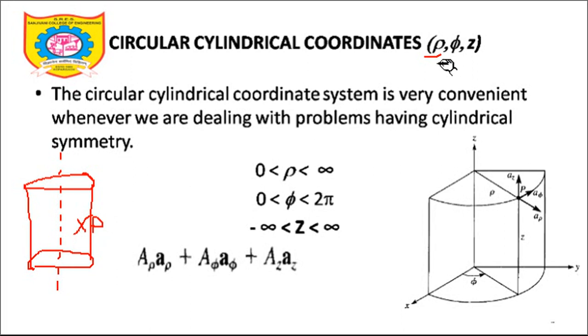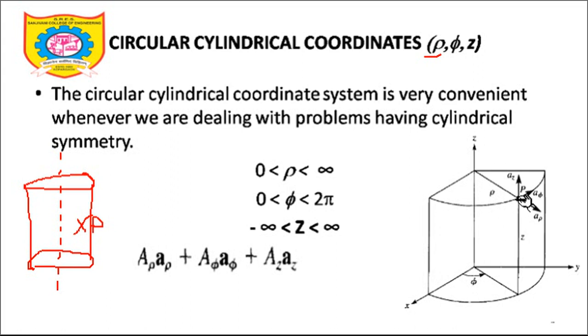The thing is clear. The second thing, radius cannot be negative. Since radius cannot be negative, the limits of radius will be 0 less than rho less than infinity. So we may have a cylinder of radius 0, we can consider it as a straight line. We can have a positive radius, but we cannot have a negative radius. So the limits of rho will be from 0 to infinity. Consider this point P for the time being. We have taken a cross section of the cylinder where this point P is located, exactly at the radius of rho. The first coordinate is clear.